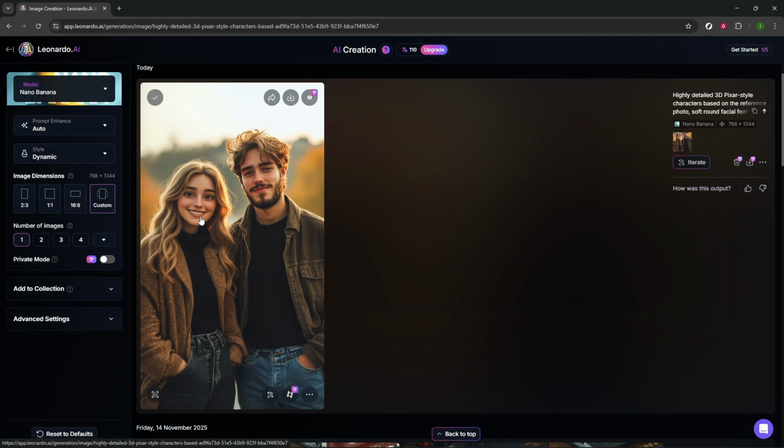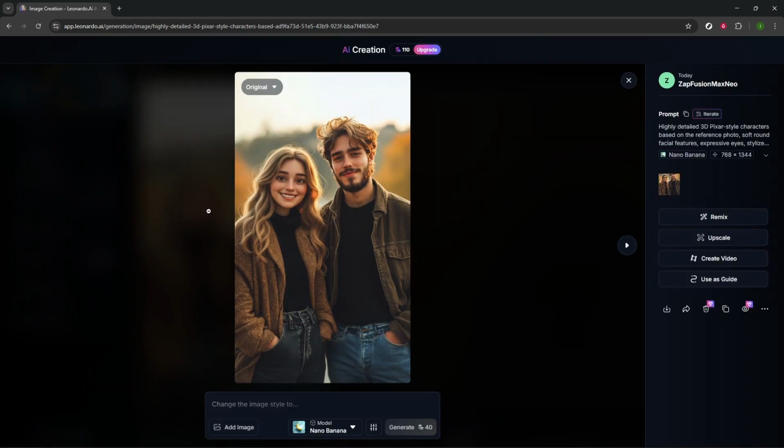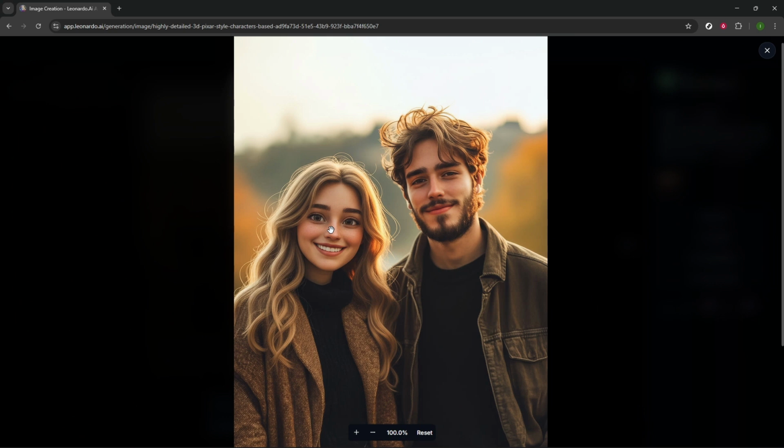You can regenerate multiple times until you land on the character that feels just right. That's it. Log in, open image, add your reference, write a detailed prompt, and generate. Follow these steps and you'll be creating